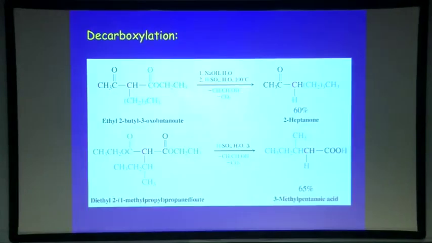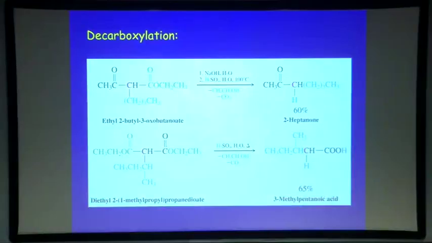So here's an example of decarboxylation. Decarboxylation is classic, nothing new. Hydrolysis followed by heating. And the hydrolysis can be done under acidic conditions or under basic conditions. In this case, the literature reports sodium hydroxide. Actually, most of the literature does both, and then they settle on the one that gives them slightly better yield. So both of them are usable.